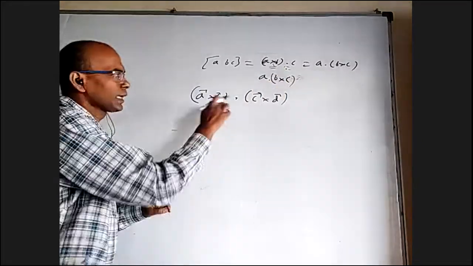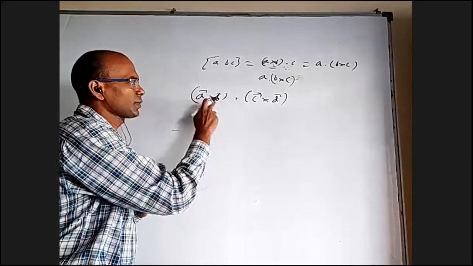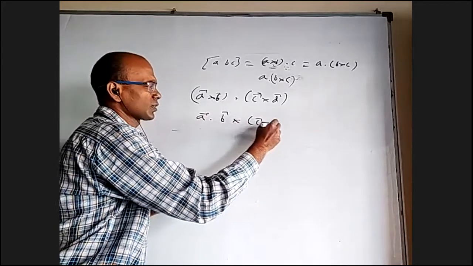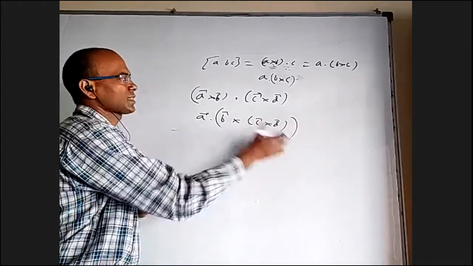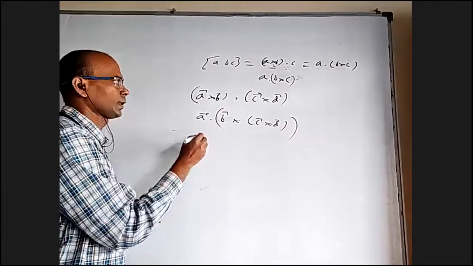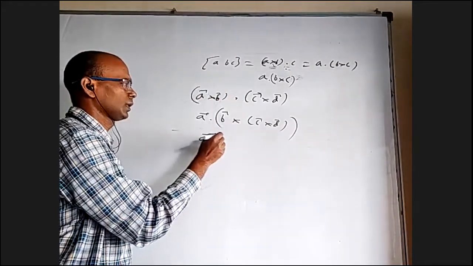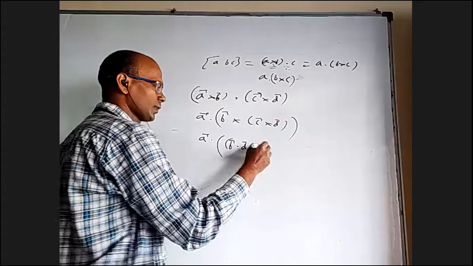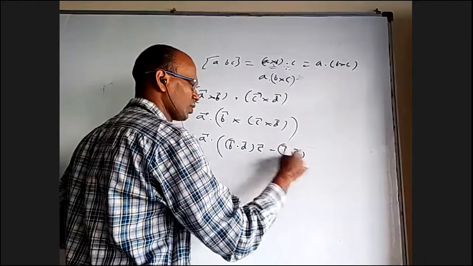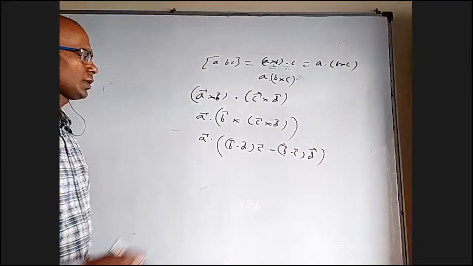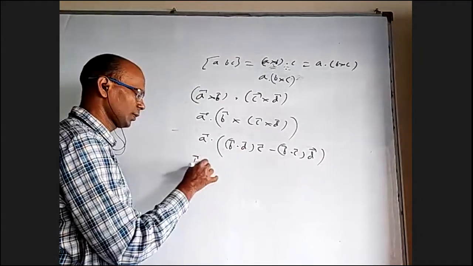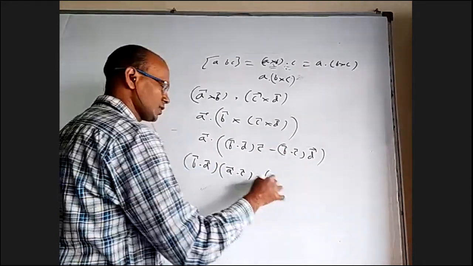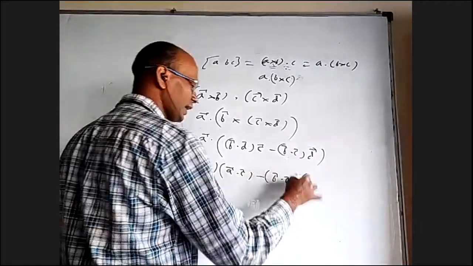The same way, if you want to make a formula for this, dot has to come here, this cross has to come here. So A bar dot B cross C cross D. But we have to put a bracket for this than this. This bracket went here. Dot came here, cross came here. What is B cross C cross D? B bar dot D bar into C minus B bar dot C bar into D. Now this is just a number. When you take it out, it will be B bar dot D bar into A dot C. And if you take this, it is B bar dot C bar into A dot D.